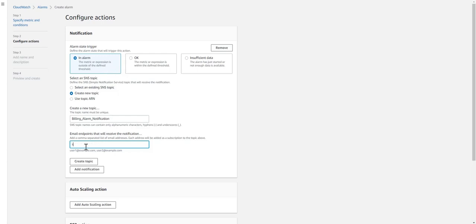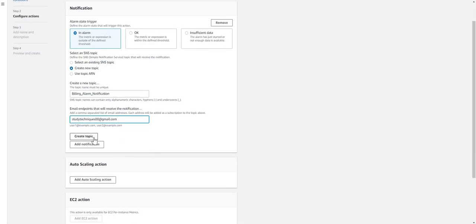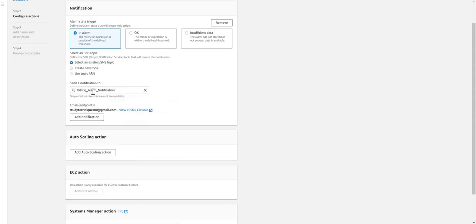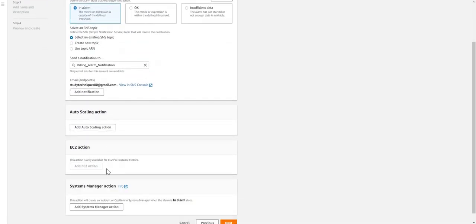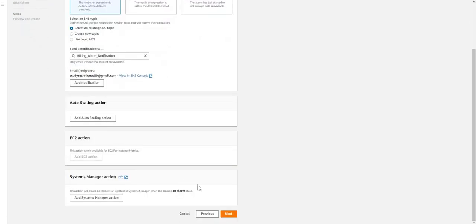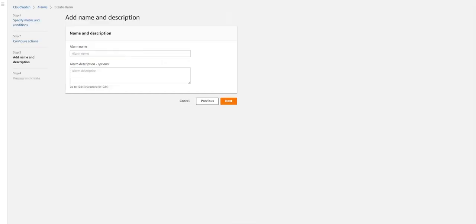So I'm just selecting an email address which I created for demo purposes. Okay, so I'm just creating this topic, Simple Notification Service. Yeah, so this has been done. Now no other information is required, so just click on the next button.